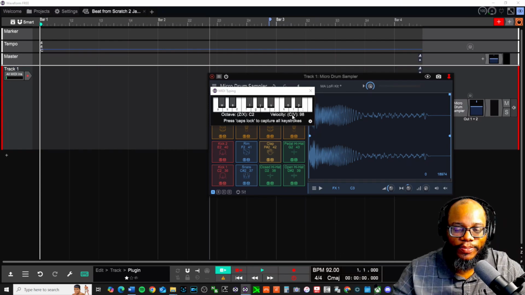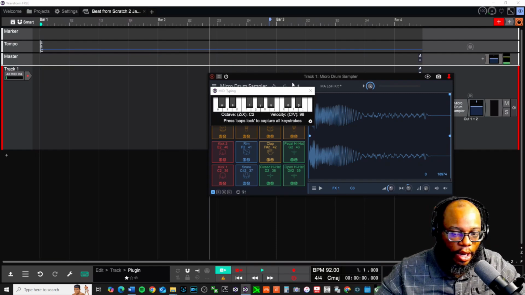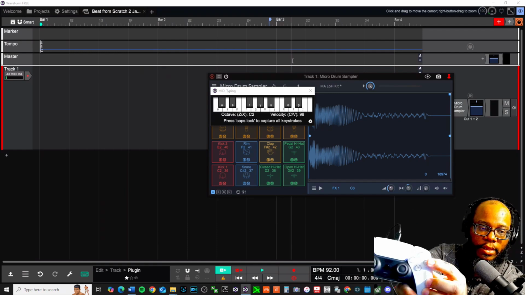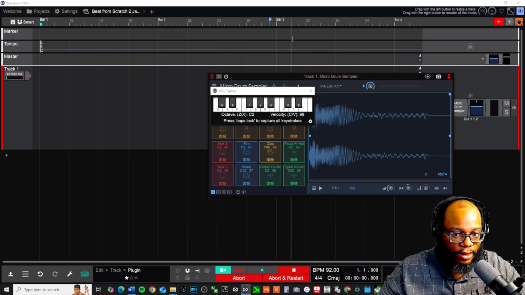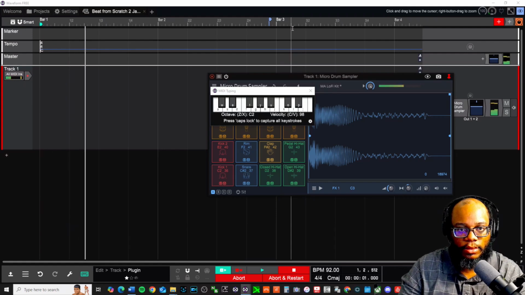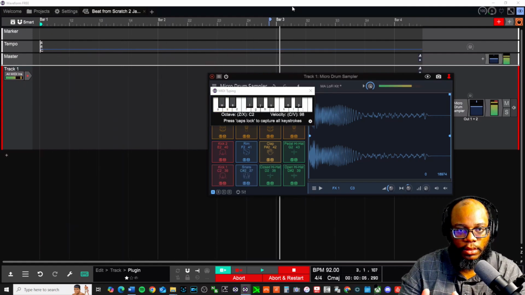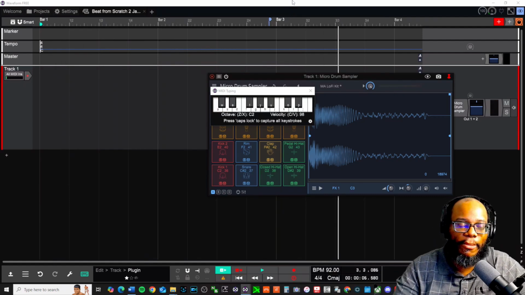So now, what I'm going to do is press Caps Lock. All right, and it should be set. Okay, it's already set to record now. So I'm going to press the circle button, which is right here. All right, it's enabled. Then I'm going to press Caps Lock again. Okay, now that works perfectly. Great. Only problem is